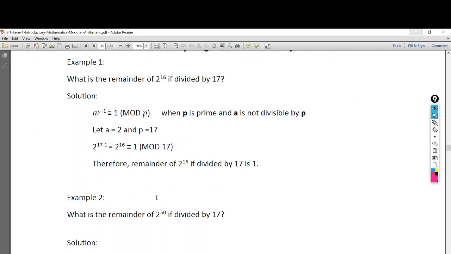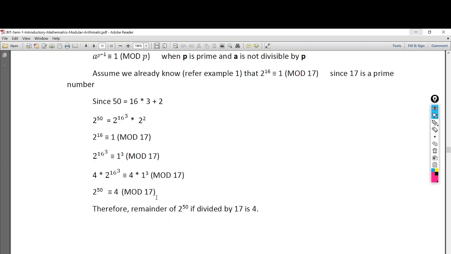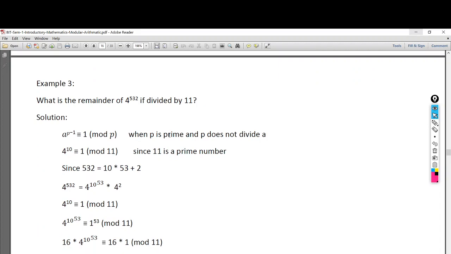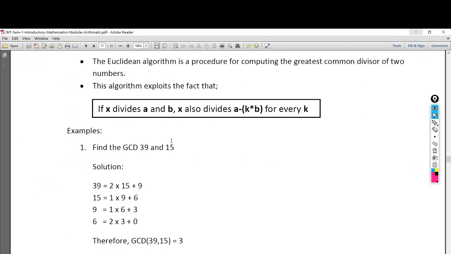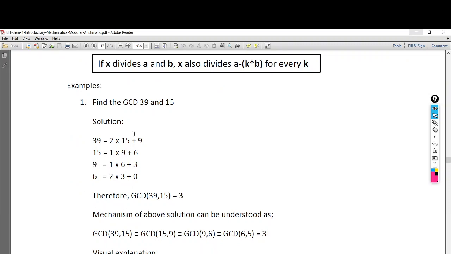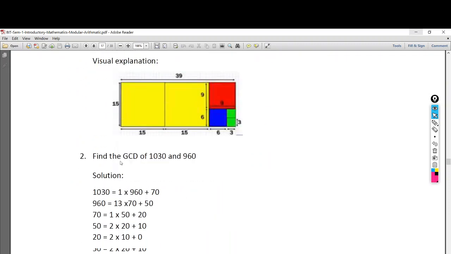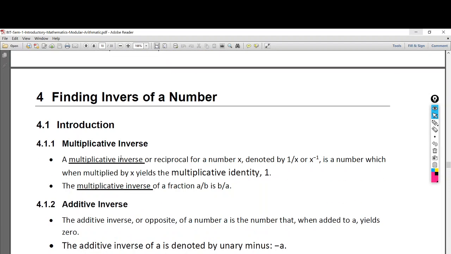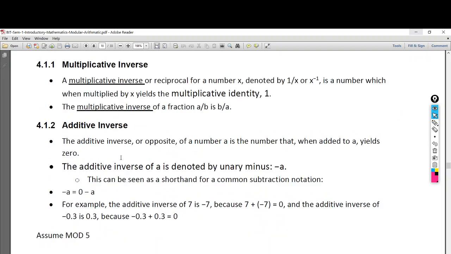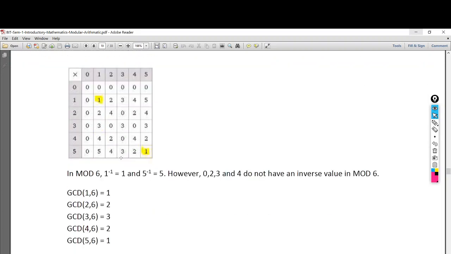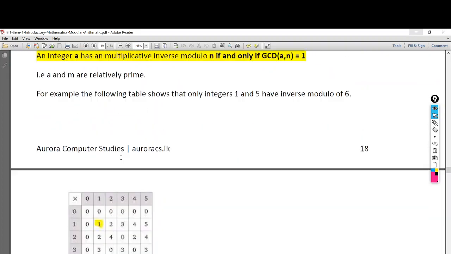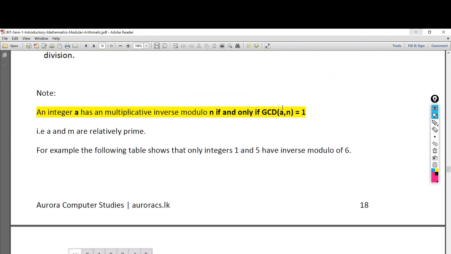Then how to find the inverse using Fermat's little theorem, and the remainder of big values using Fermat's little theorem in a very systematic way. Then the Euclidean GCD algorithm, the systematic approach of finding GCDs. Then how to find the inverse of a number, and of course what is meant by inverse. Then the small test to find whether there's an inverse or not for a given